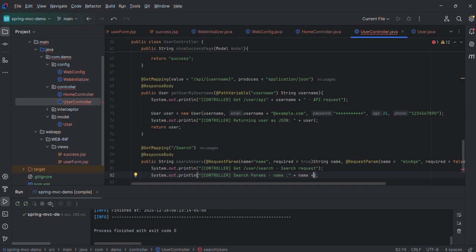Okay, the name which we have set up in the user model, and